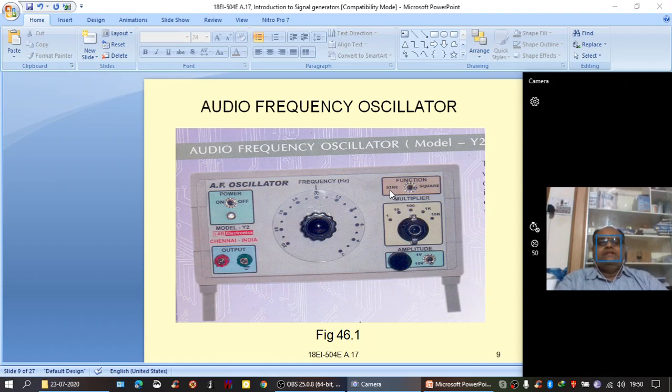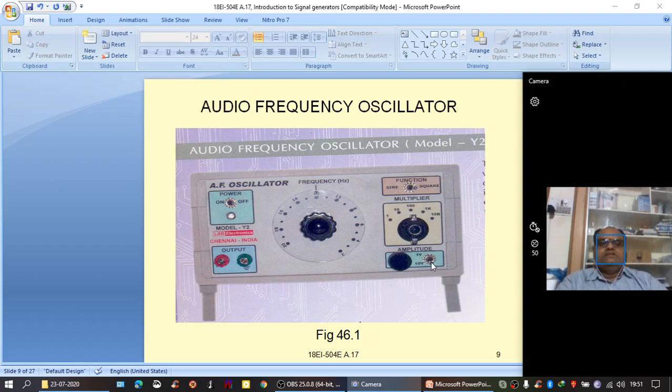and it can produce signals of sinusoidal or square wave. A function select switch is there. You can see it produces either a sinusoidal signal when the switch is in this direction, and a square wave signal when the switch is changed to this position. And for the amplitude of the signal, there is a provision for continuous adjustment. By adjusting this potentiometer, you can vary the amplitude of the signal. At the same time, for range also there is a provision. Range selection also.